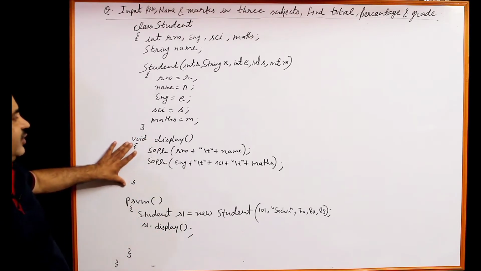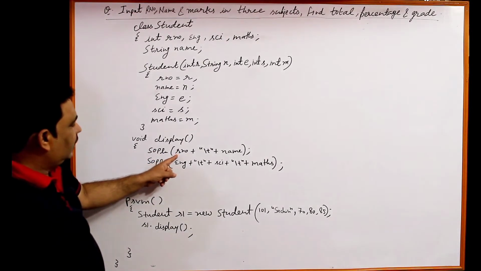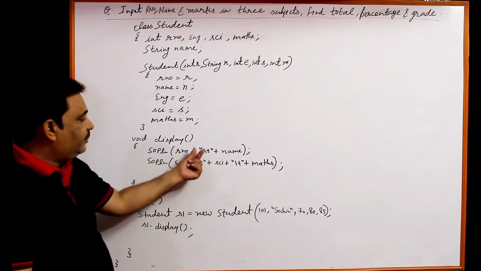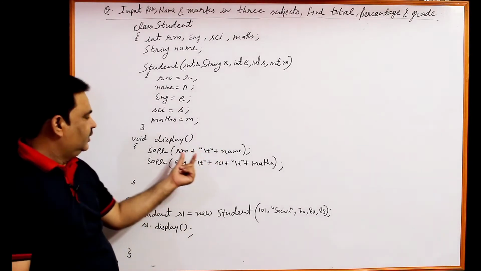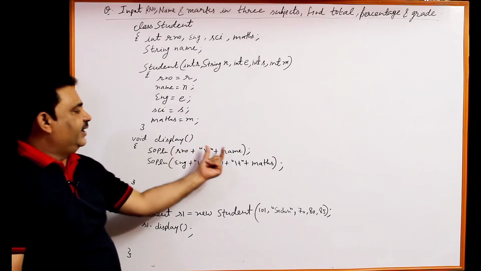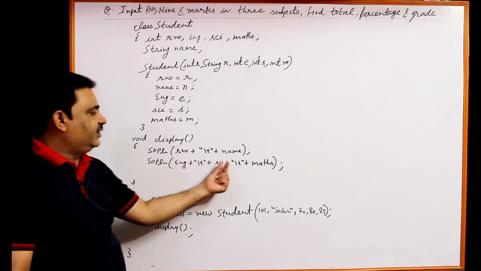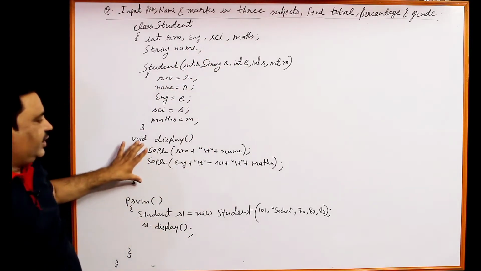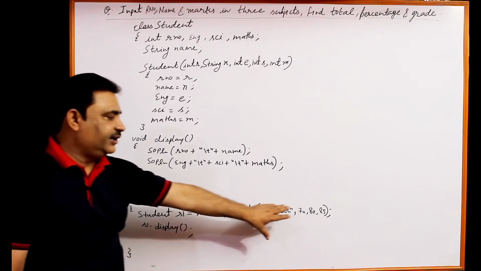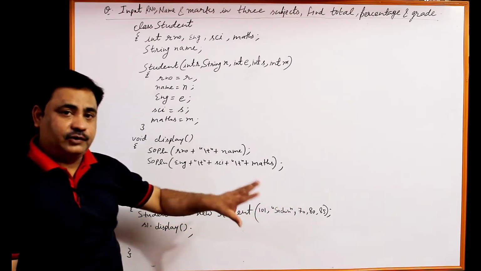In the display function, I have just printed the data members only. RNO roll number, here \t is a tab, a gap, just for spacing. Roll number will be printed here and name will be printed here, all the data members, and the English, Science and Maths data members, eng, sci and maths, will be printed here. So, here it will print the complete detail, the values of the data members, whatever we have supplied.